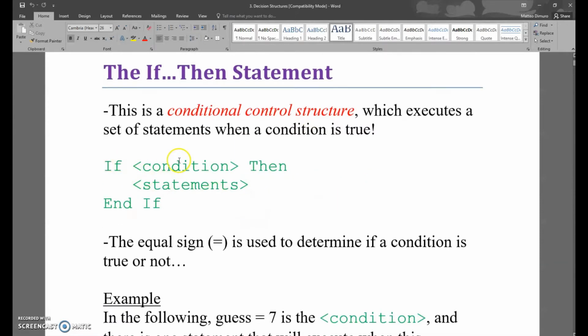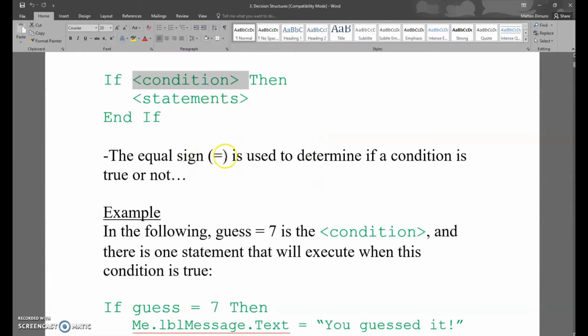So right here in the green, we got some actual code. So we say if some condition, then we can make some statements. So we can do some stuff here, and then that ends the if. Conditions, now we talked briefly last unit about Boolean variables. Conditions have to be Boolean. So that means either a true or false